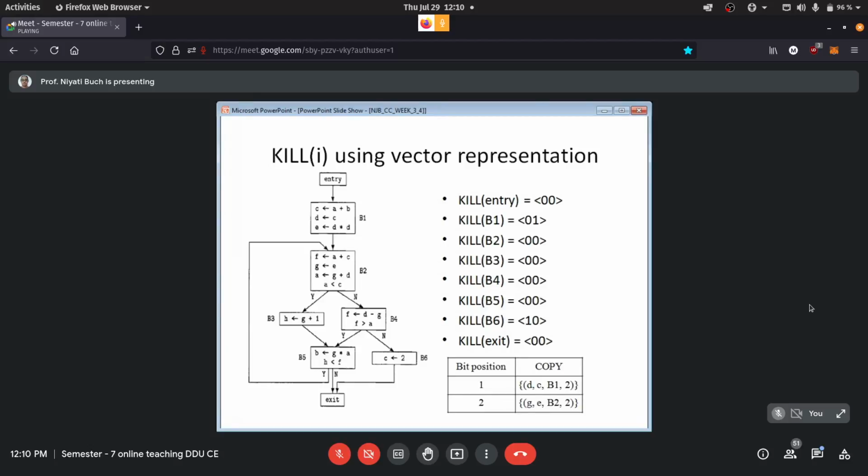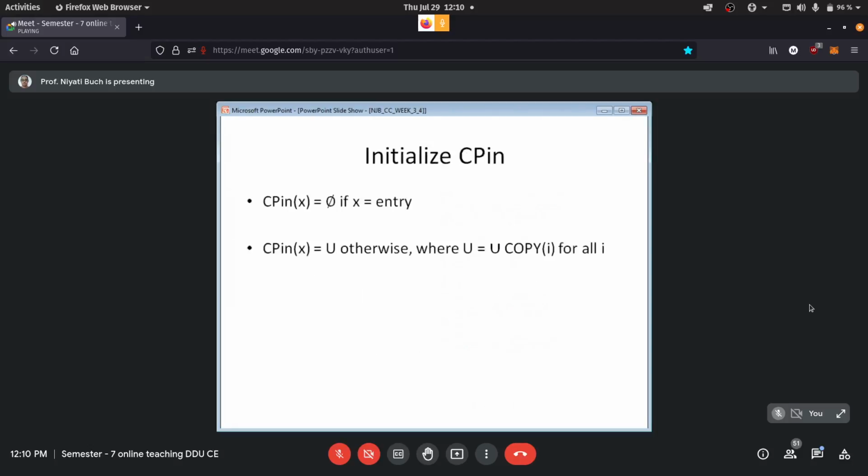Same way, we will have the kill sets represented with the vector representation. Okay, now we will see how we will be using the algorithm. This algorithm that we are going to use, I have directly taken the example because the flow of the algorithm is the same as what we had done for common subexpression elimination, the iterative algorithm. So you will observe a similar thing over here, right?